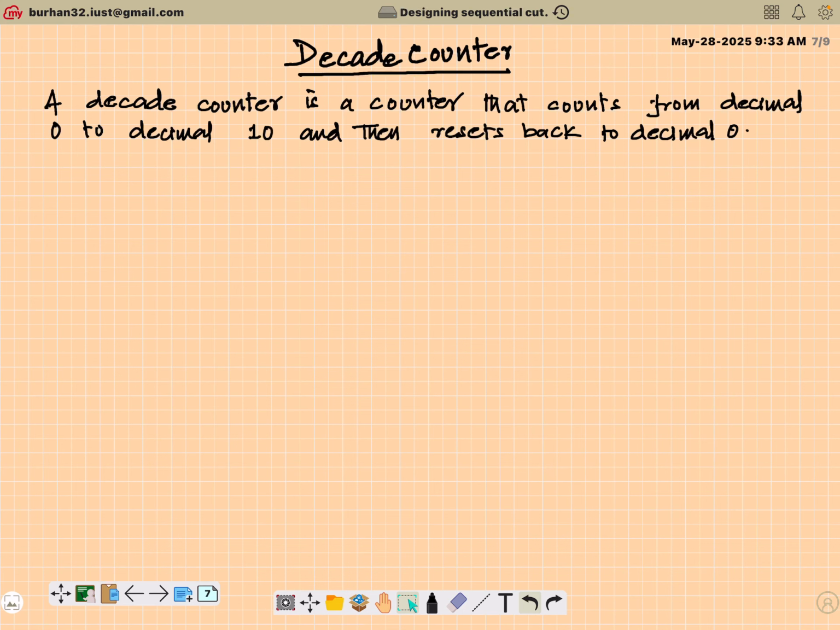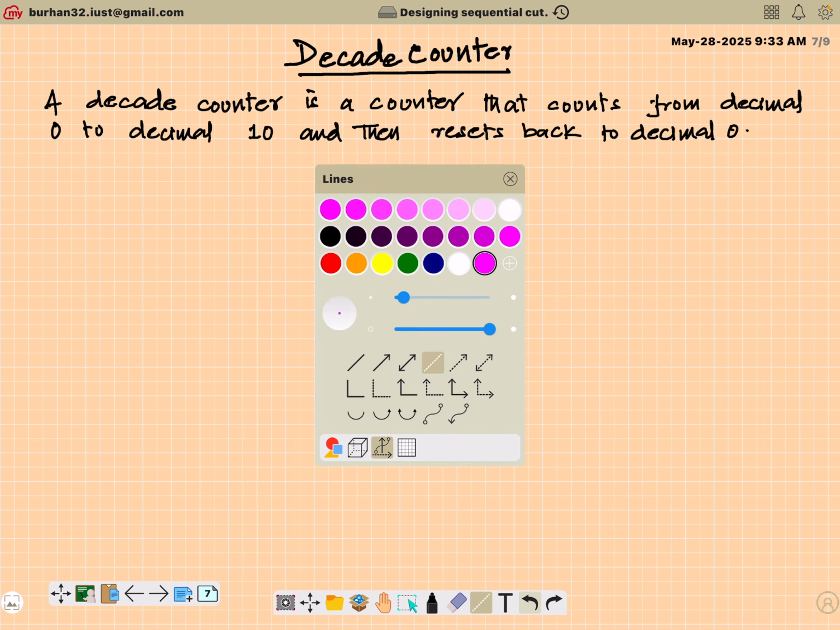So the first practical sequential circuit that we'll be designing is what's called a decade counter. It is a circuit that counts from decimal 0 to decimal 10 and then resets back to decimal 0. Right? It actually counts the number of clocks. So if I show it in terms of a timing diagram,